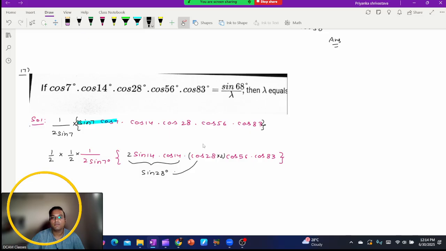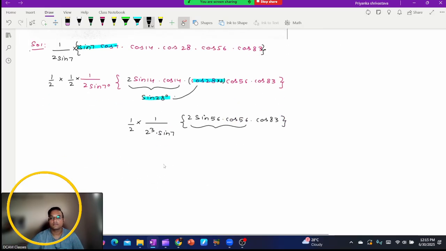So this whole part will become 1 by 2 cube sin 7 into sin 56 cos 56 into cos 83. Again multiplied with 1 by 2, multiplied 2. This part will become